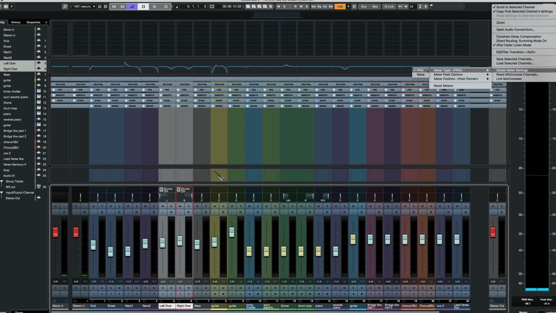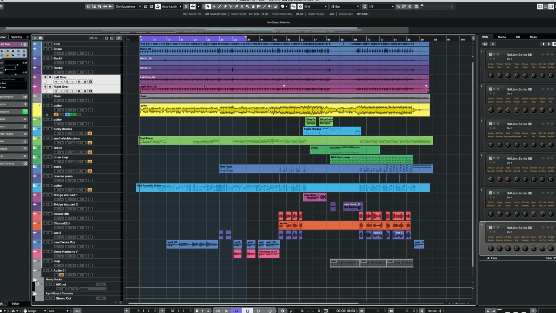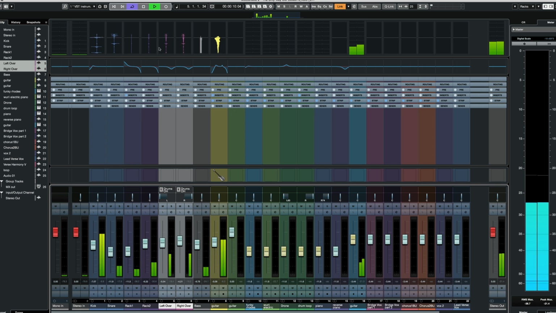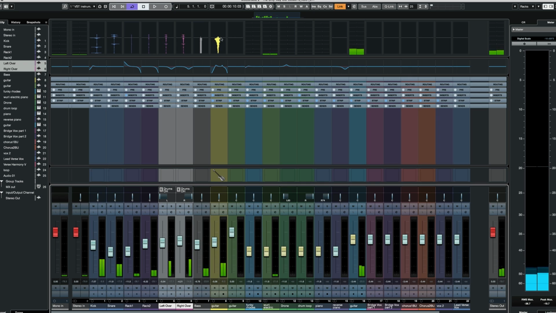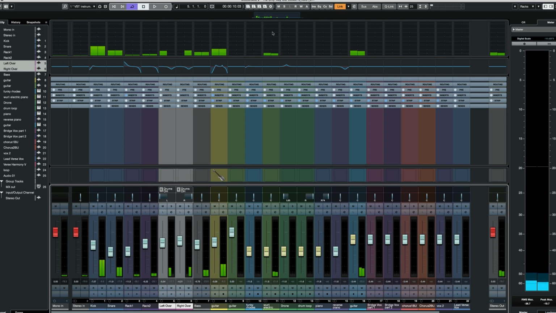One other nice feature is this meter type. If I change this to wave, watch what happens. So my meter bridge turns into almost like a vertical way of looking at my audio tracks, right? So notice the waveforms here are being translated by the meter bridge. So it's pretty cool. It's totally up to you if you want to do that. You can get to it very quickly by right-clicking up here instead. I'm going to go to PPM, and now I've got my meter bridge as I was used to seeing.